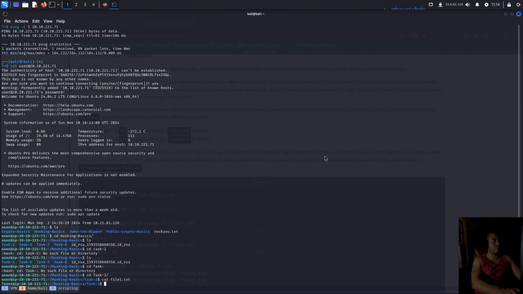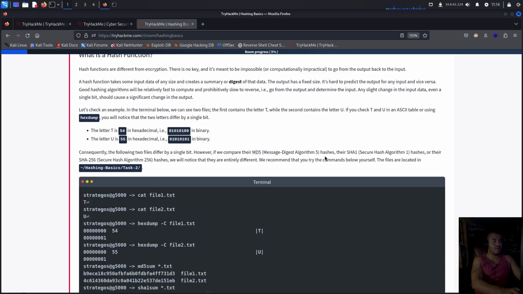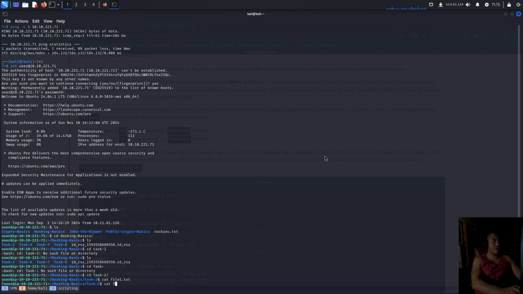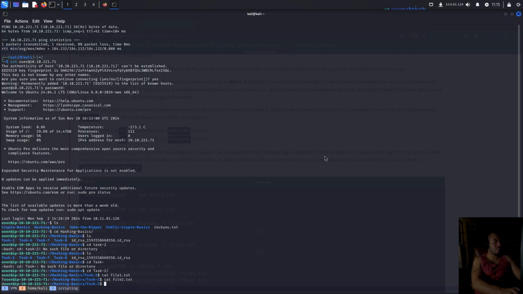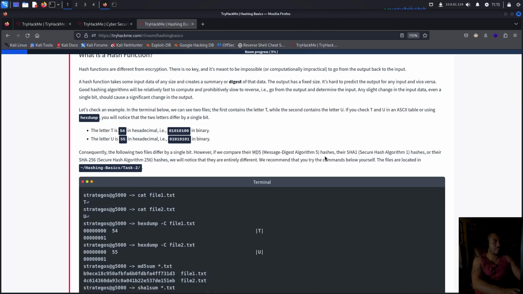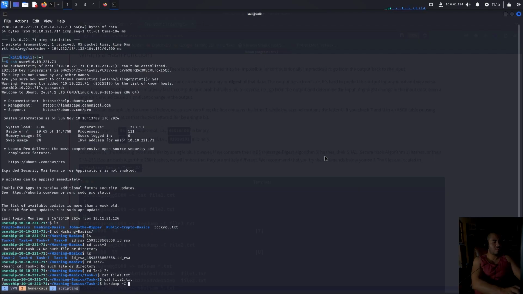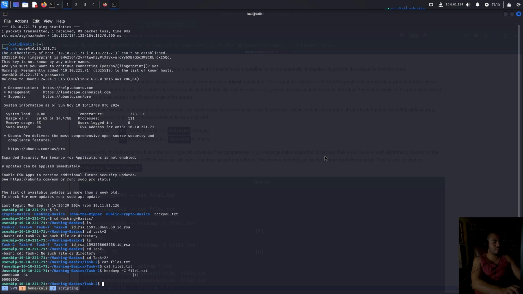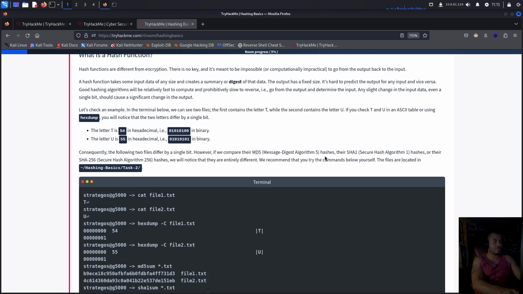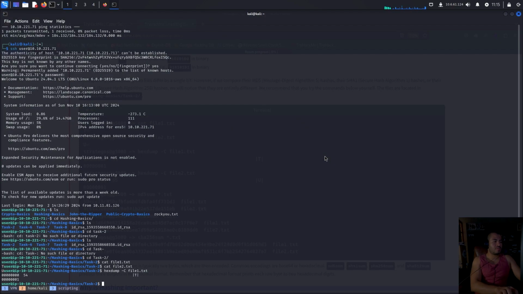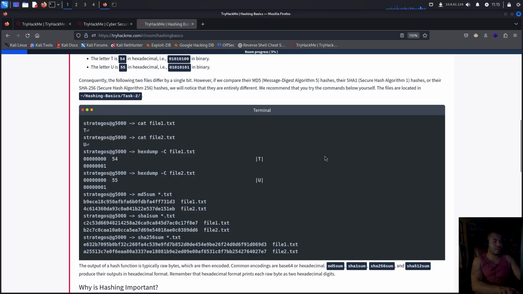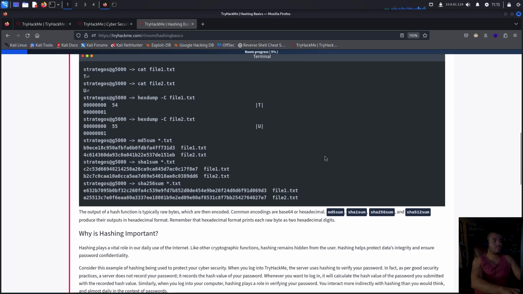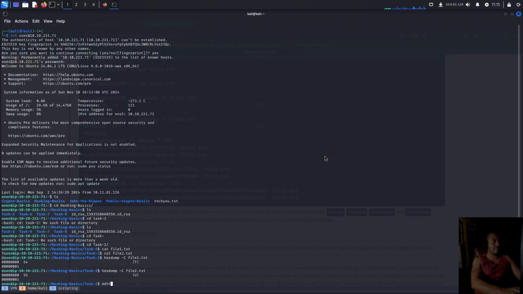Why? Okay, we got a T. You see? Okay. Now next is the cat file to text. A U, yeah, and then if I go hexdump -C file1, then we get their ASCII value, and then the same for file 2, we get their hex value, right? And now what you're asking me to do is md5sum